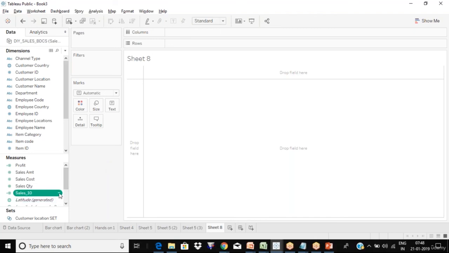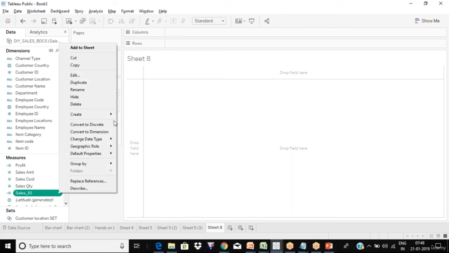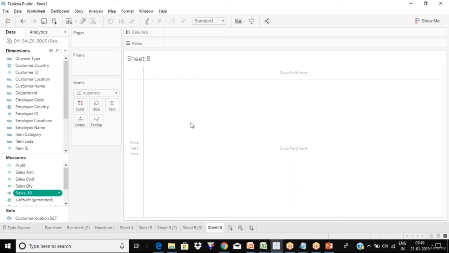If I go here, you can convert it to dimension, convert it into categorical. You will see all those options. You have those options here also. Because sometimes what happens is, let's say employee ID. Employee ID is a number for each and every employee, but there's no meaning to that employee ID, right? You will not go and do sum, you will not do average, min, max.